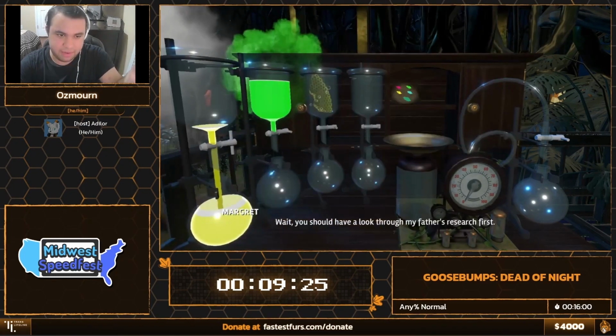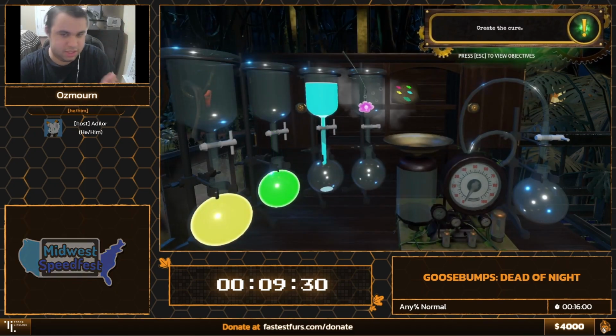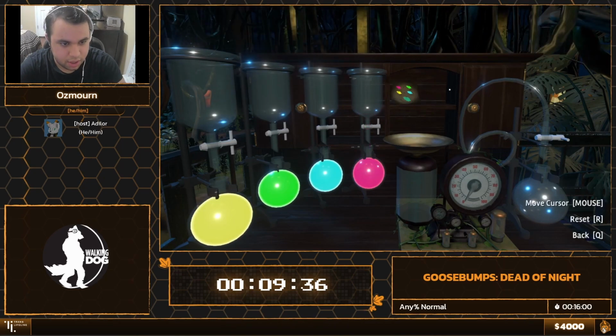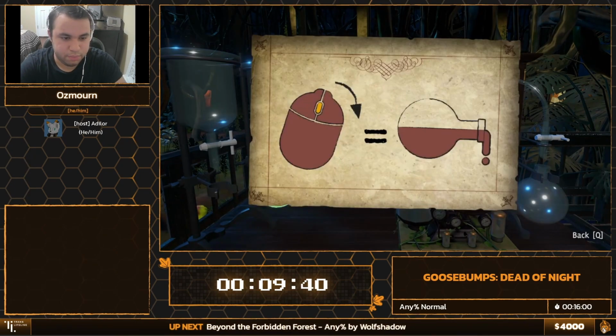And so you just get to that ingredient, collect it, and then go to the potion, and then boom, suddenly you have all these ingredients you didn't actually collect. And we skip like 90% of the level, which is great. And so we're going to look at this recipe that is fake. It's not a real recipe. And then we're going to pour